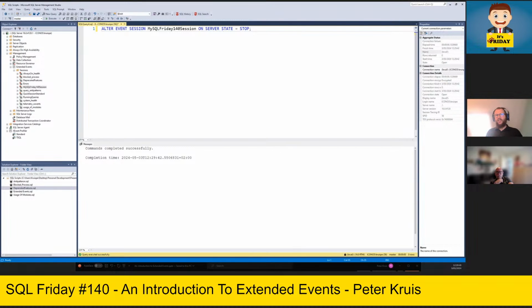There are several ways to show the data. One I'm going to show you now is through the GUI of SQL Server Management Studio. Another one I'm going to show you is through querying, shredding the XML. But there are many other ways. For example, dbatools. If you haven't used it, definitely look it up because you also have the possibility to see it there. And there are also some extended stored procedures, for example, sp_HumanEvents from Erik Darling, who makes use of extended events to see what is happening.